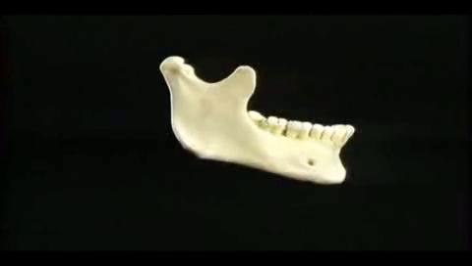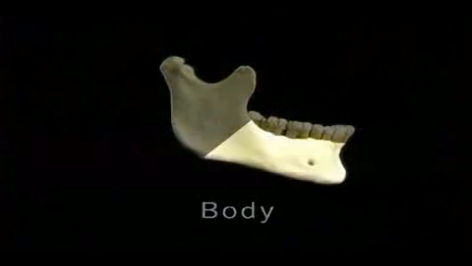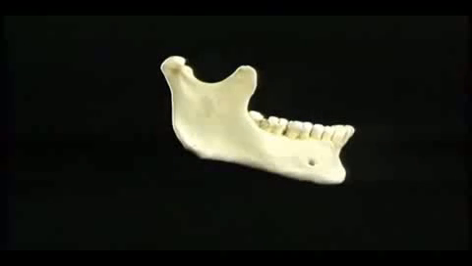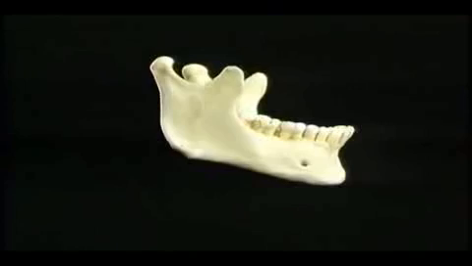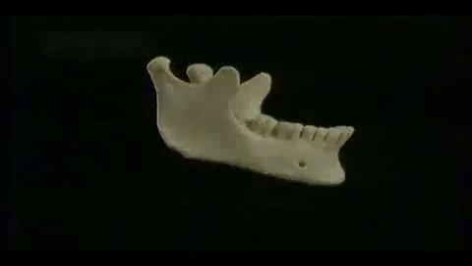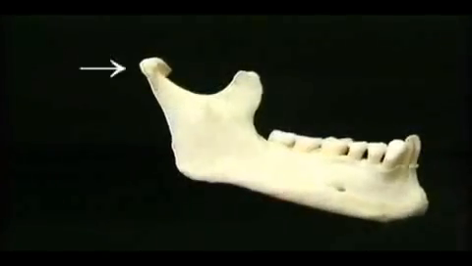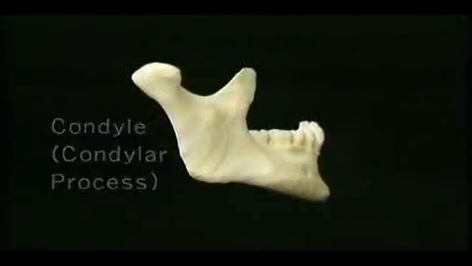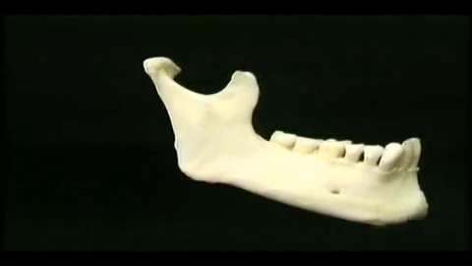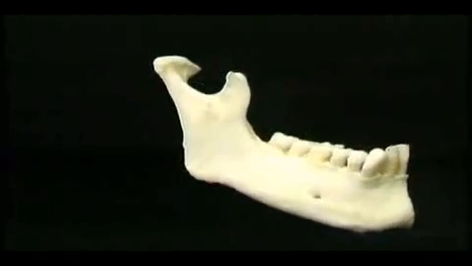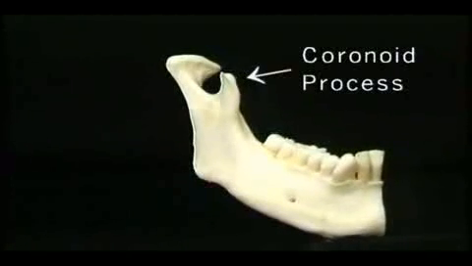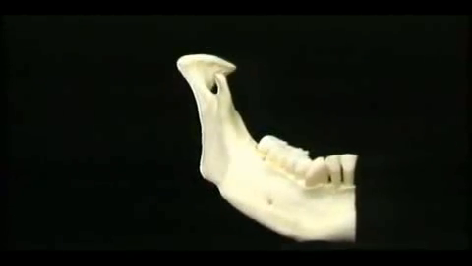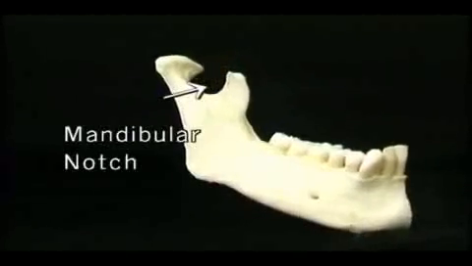The mandible is described as consisting of the body and the right and left ramus. The corner between the ramus and the body is the angle of the mandible. The rounded projection that articulates with the temporal bone is the condyle, or condylar process. The narrowing below the condyle is the neck. The sharp, slender projection in front of the condyle is the coronoid process, a major muscle attachment, as we'll see. The dip between the coronoid process and the condyle is the